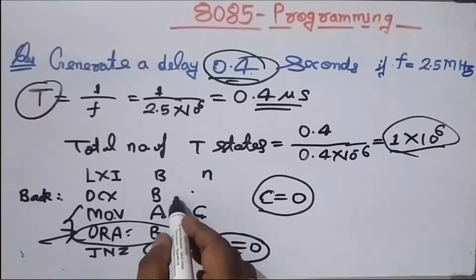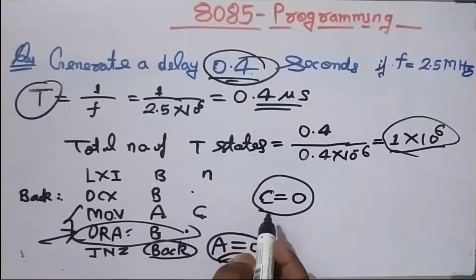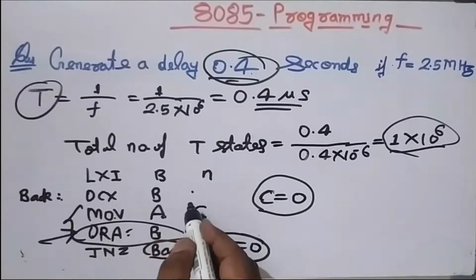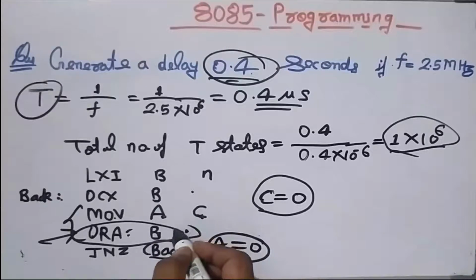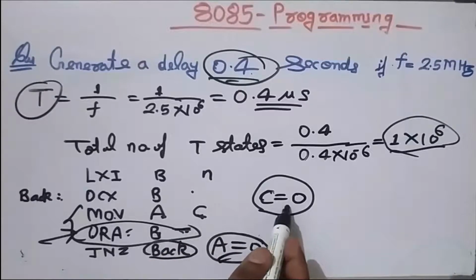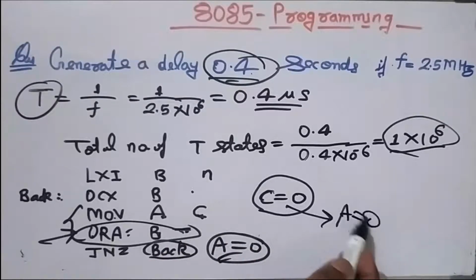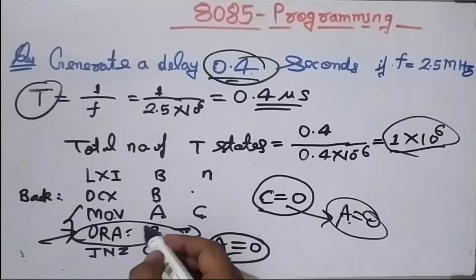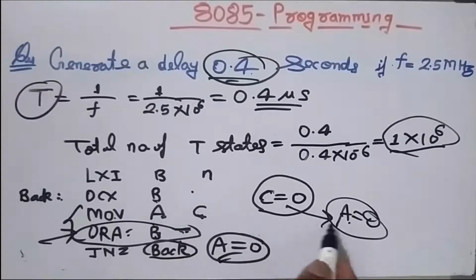After a certain time, after some decrementation process, there will be a situation when C is equal to 0, which means A is equal to 0. After that, decrementation will start in B. Now after that situation, the ORing of B with A, which is 0, will give B, and the result is continuously stored in A.